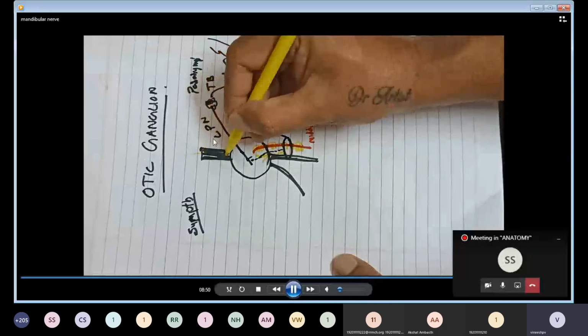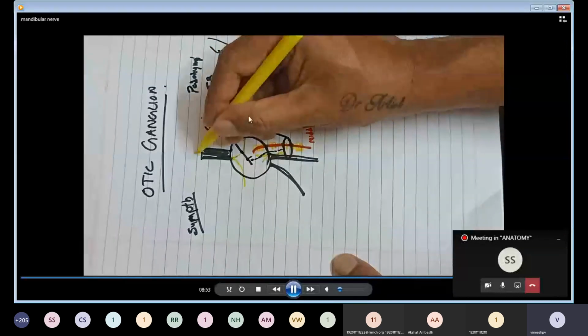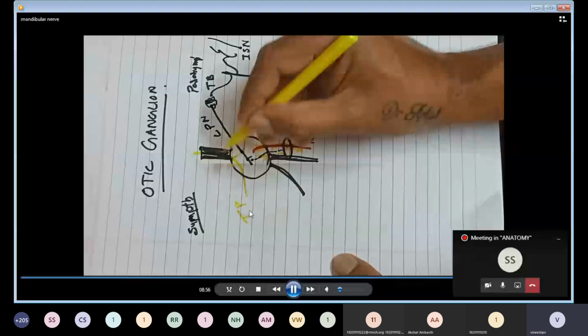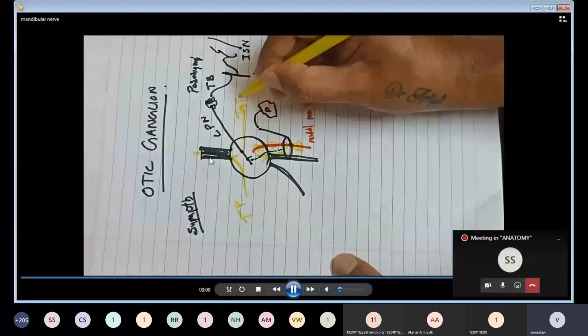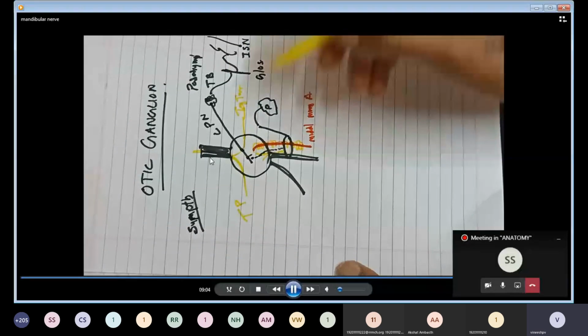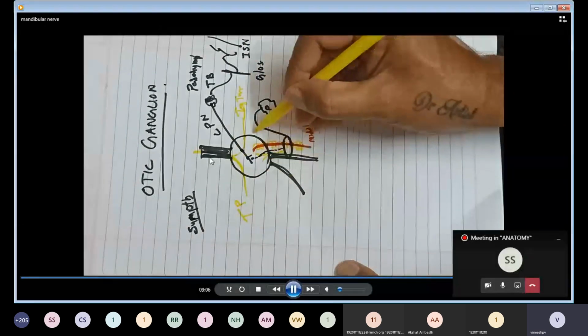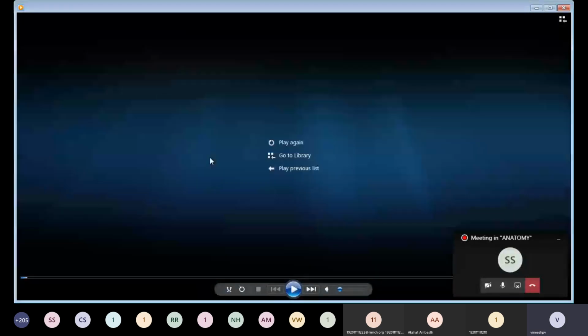So this much you are supposed to draw about the auriculotemporal nerve. This is from the trunk. There is one more branch, which I draw as the branch to the tensor tympani and the branch to the tensor veli palatini, and it also supplies the medial pterygoid. So this is the diagram for the otic ganglion. I hope you understood this topic.